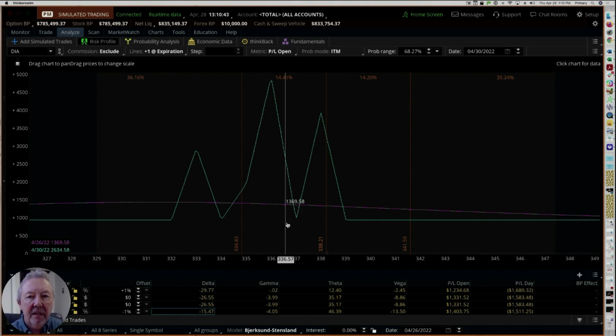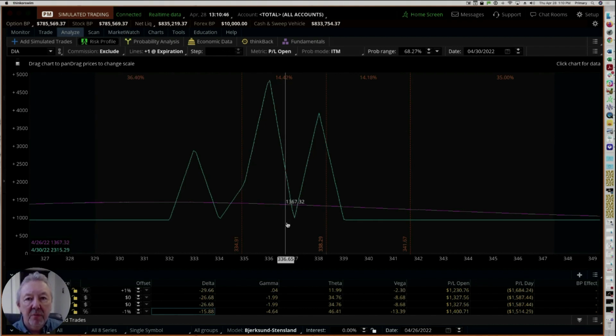The second thing is that the margin requirements are minimal, because in most cases, the way that he taught me to do this was that you can actually put on a butterfly for a credit. Now, I didn't think that was possible, because I've tried to do butterflies before, and I've entered them as a penny credit, for example, and I would not get filled. You just can't get filled on a penny credit on a butterfly. But he taught me how to do it.